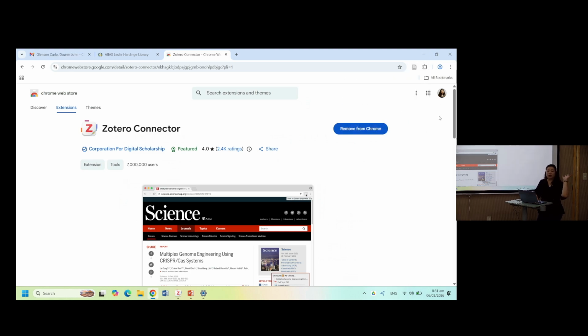Everyone has the connector now? Not yet. Okay, let's see. Safari, then settings, then extensions. There you go, turn on.